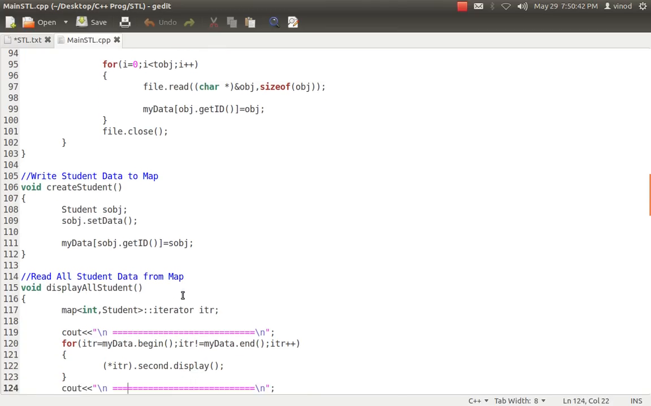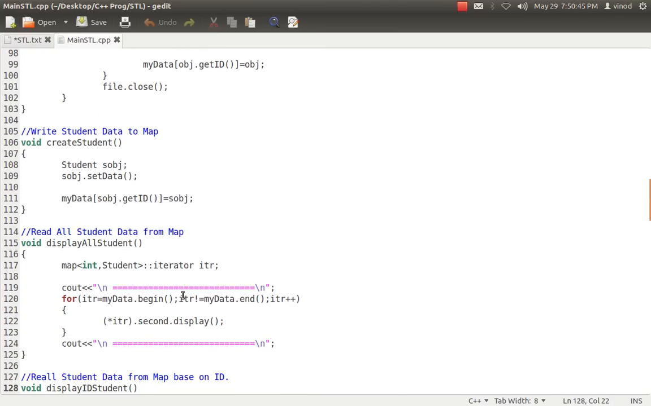Now display all, nothing you have to do, I have to simply display from the container only. So what I've done, I've created an iterator specifying that you are mapping to this particular type of map, getting the begin position. So the iterator is pointing to my data's begin position, and till it's not equal to end, each time I'm getting. So how to display it now, star iterator dot second will return my object. I don't want the object, I want to get the value stored in the object. So once I get the object, I can call that object dot display, because the display method is there in the